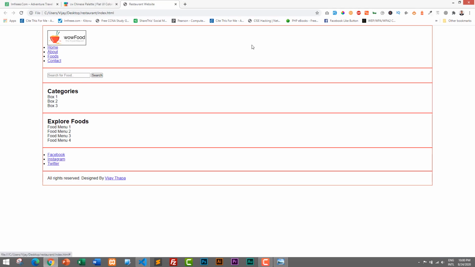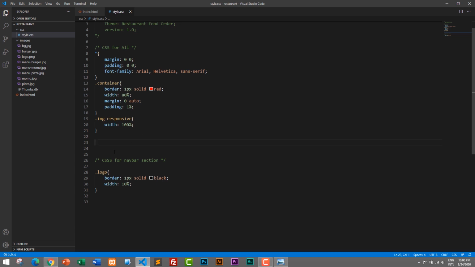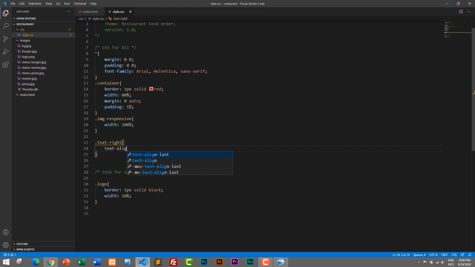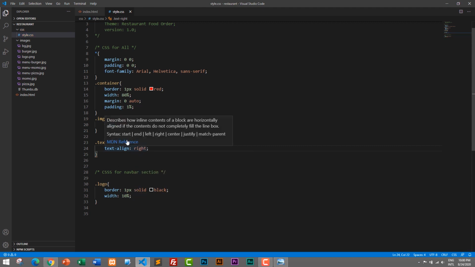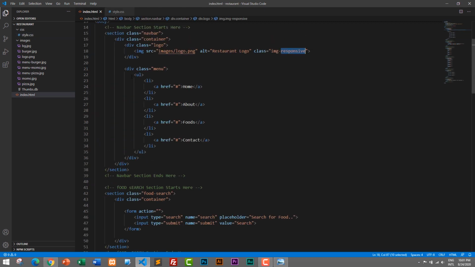So we want this text to be on the right side. So I will create another CSS class called text-right, and we will align the text on the right side. So text-align is equal to right. That's it. So we will use this class text-right in our menu section. So along with menu, let's add text-right,